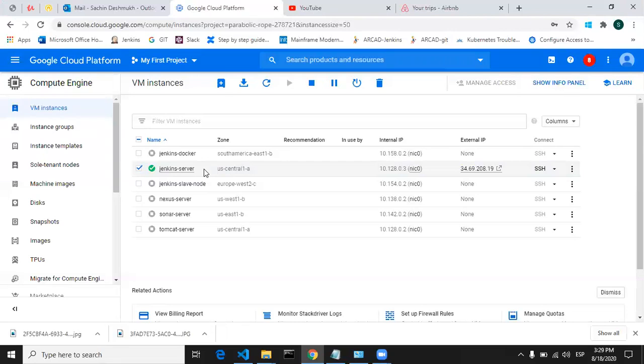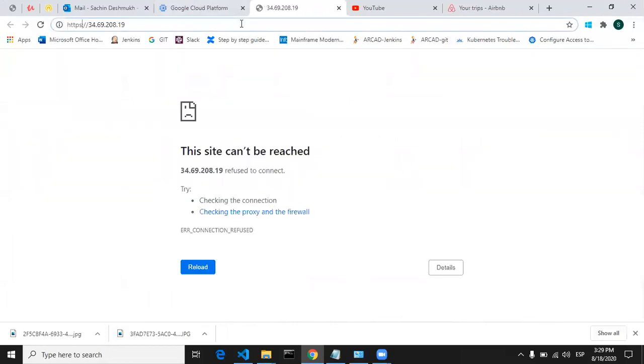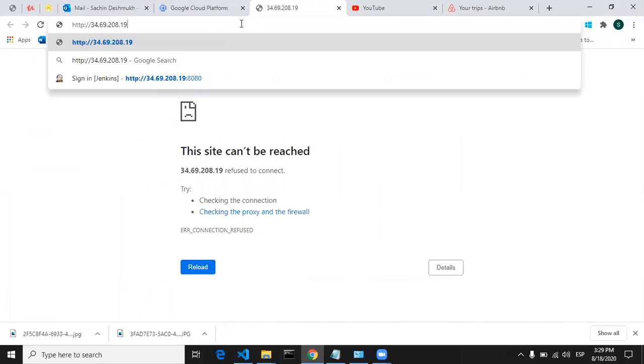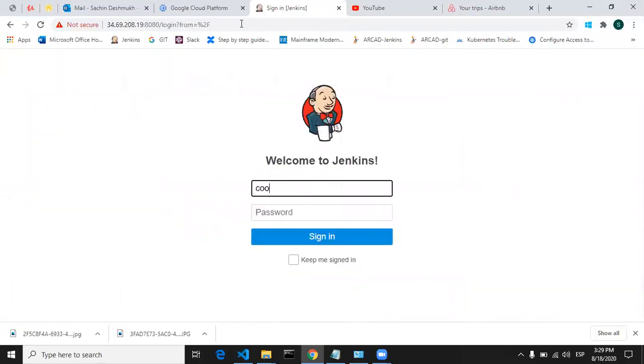To check the Jenkins dashboard, I just have to click on the external IP and give the port 8080. So this is my Jenkins, which is hosted on the Linux platform.